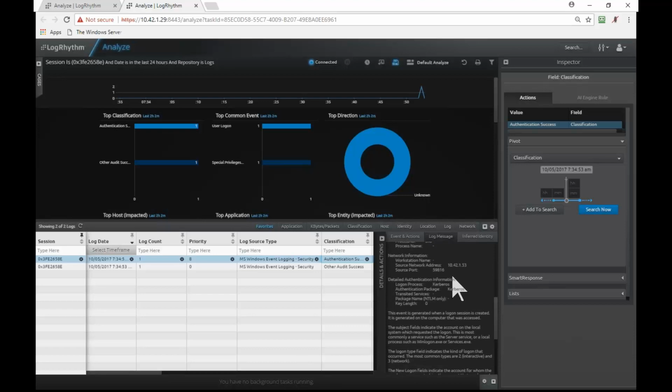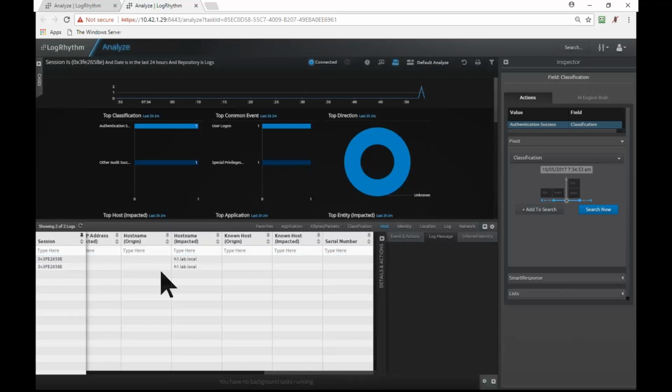So where was he coming from? He was over here on 10.42.153. We could take that piece of information, which is going to show up probably in one of the host fields. Let's see here. And we could pivot even on that to maybe compare that to DHCP logs to find out, well, who is 10 dot yada yada dot 53. But